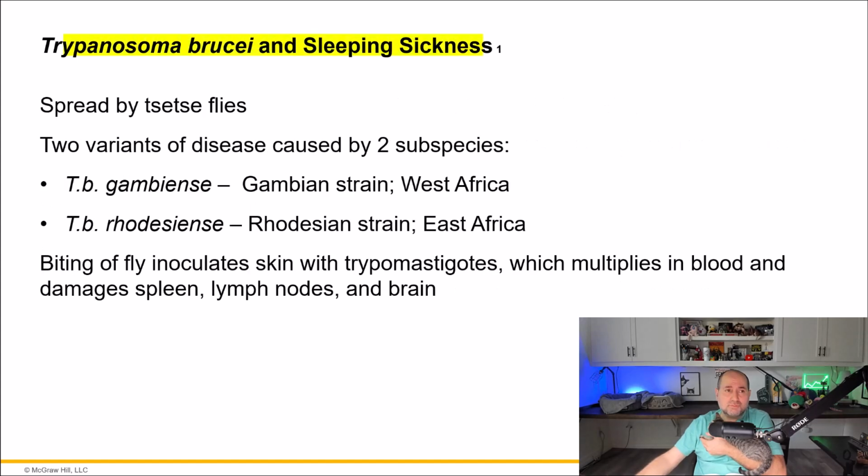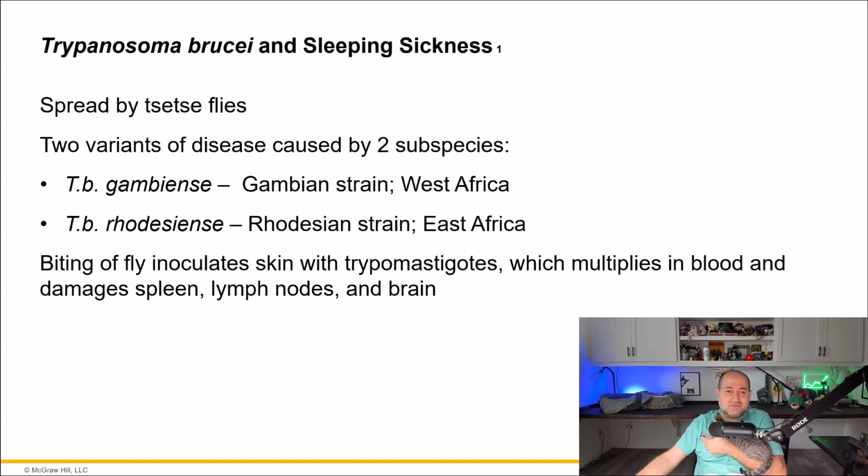Let's start with Trypanosoma brucei. This is the cause of sleeping sickness or African sleeping sickness. It's spread by the tsetse fly, which is a little fly-looking creature. There are two variants of the disease caused by two subspecies. There is subspecies Trypanosoma gambiense, which is the Gambian strain of West Africa, and Trypanosoma rhodesiense, which is the Rhodesian